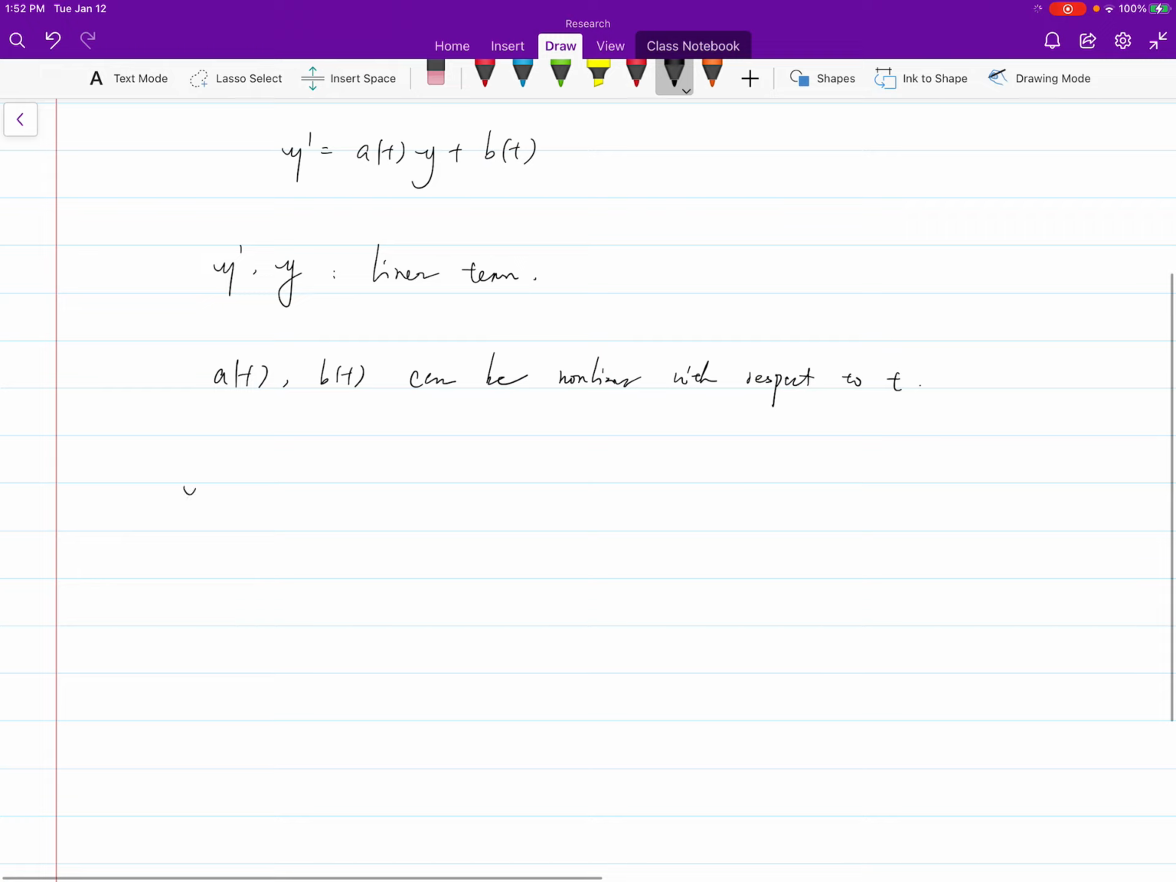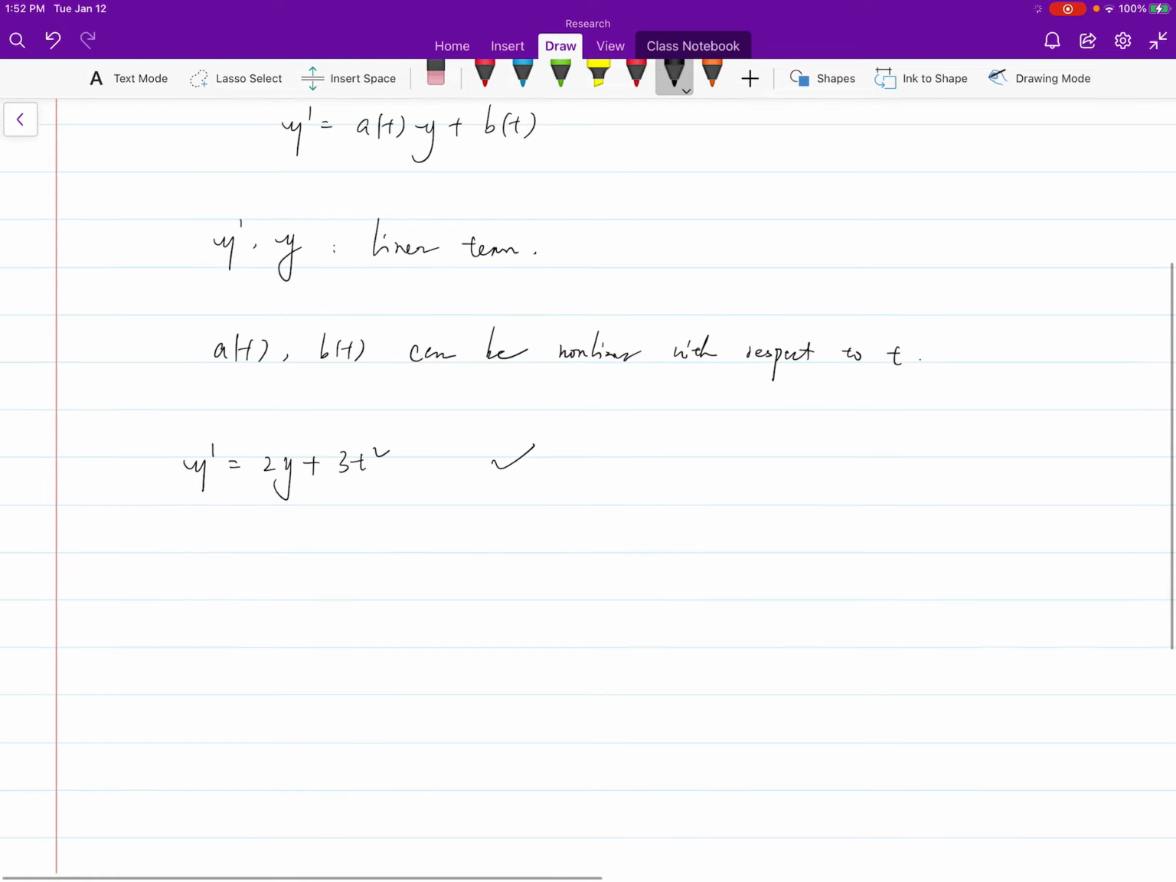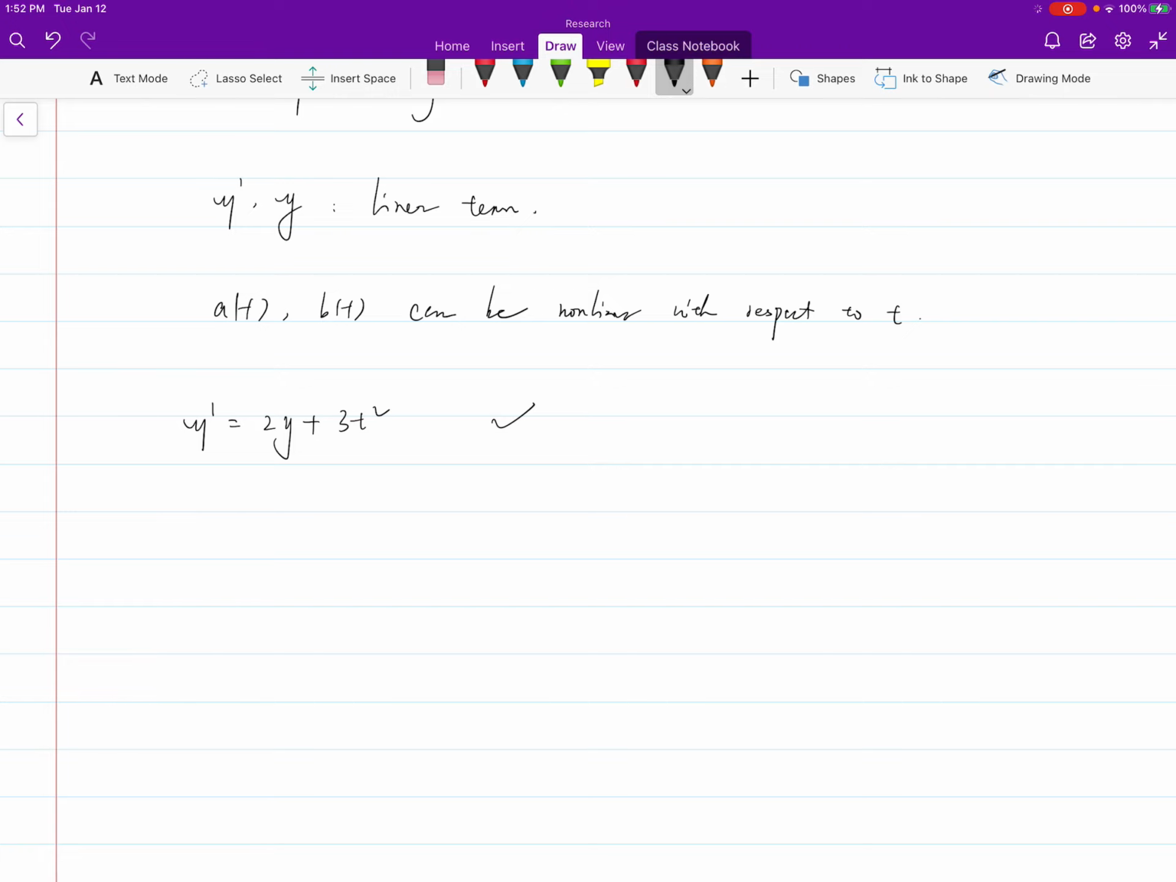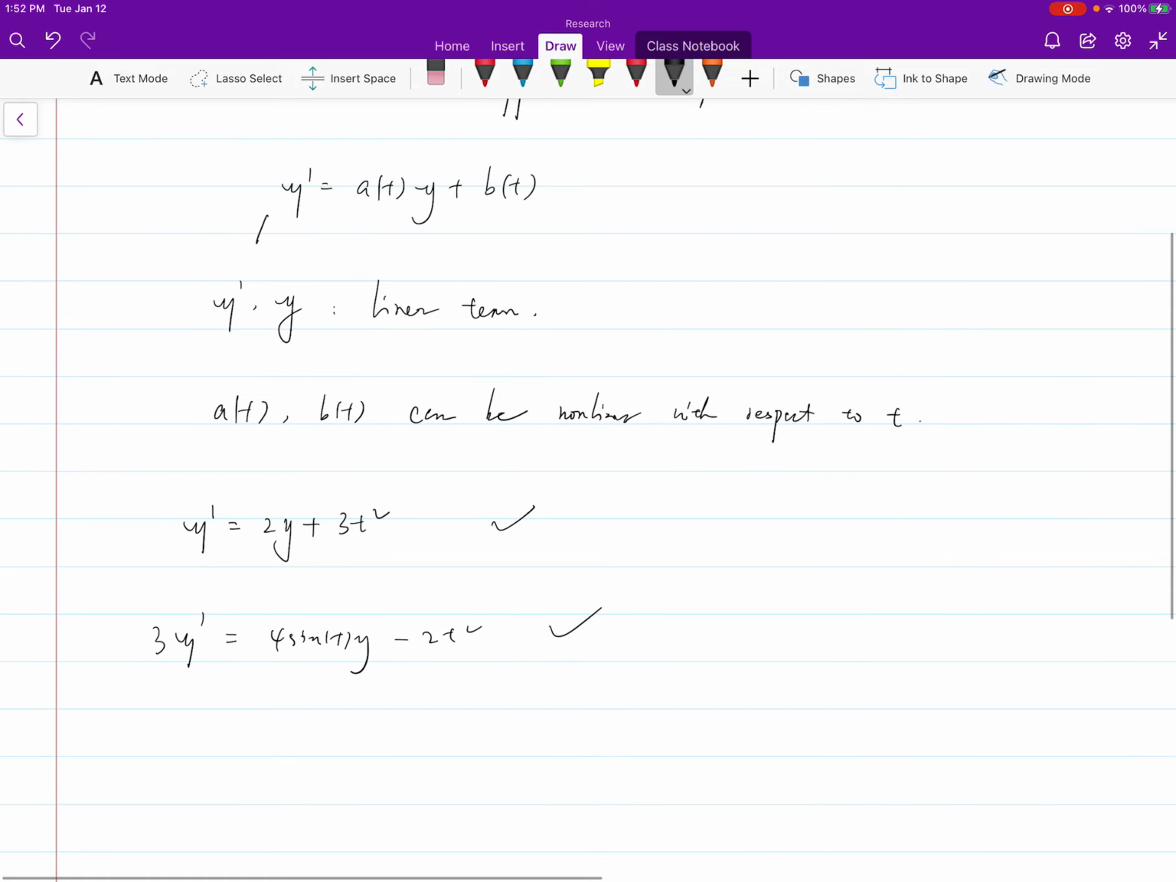All right, so very easy. Let's check this. y prime equals 2y plus 3t squared. This is linear. Why? Because you have a y prime, you have a y, and you have a nonlinear term, but it's with respect to t, so it's fine. 3y prime equals 4y minus 2t squared. This is linear, even though you have a 3 here, and technically we don't have a function of t here. What you can do is divide this 3 to the other side,